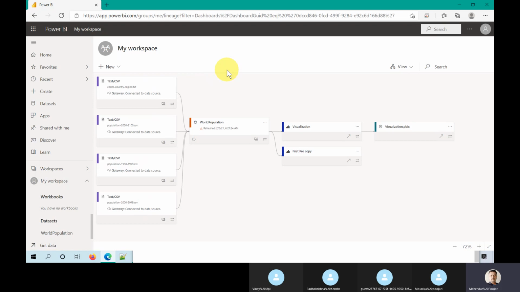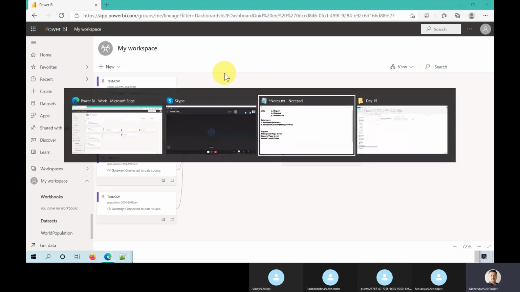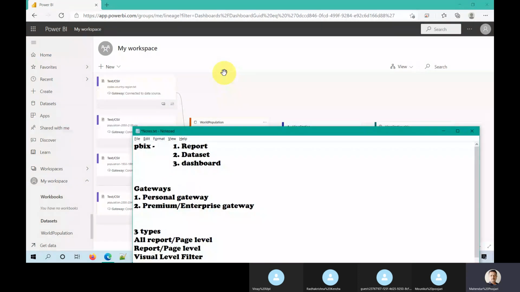But once I publish to app.powerbi.com, this is a website, it cannot directly and automatically connect to my D drive. There should be a gateway. This is a cloud basically. app.powerbi.com is a SaaS application. What is SaaS? Software as a Service. Microsoft has a lot of SaaS applications.